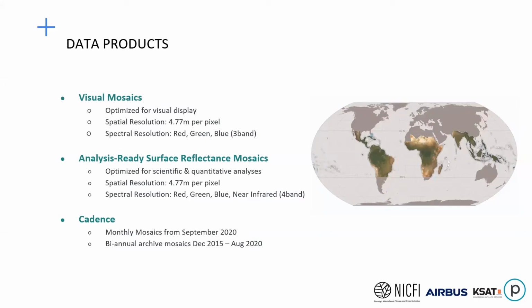And of course, we are minimizing clouds as much as possible during this period, and taking all of the data that's collected by virtue of PlanetScope satellites, which of course with 150 or so satellites allows us to have a very regular cadence and try and reduce and limit the impact of clouds, which can affect many of the tropical regions. We also have analysis ready surface reflectance mosaics, and these are 4-band data sets,